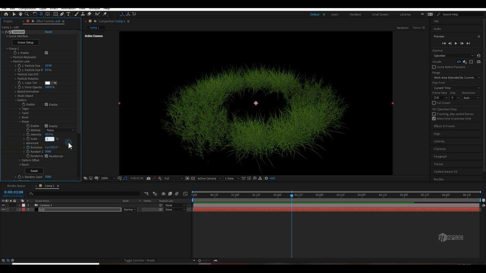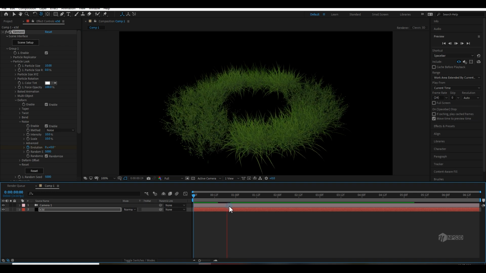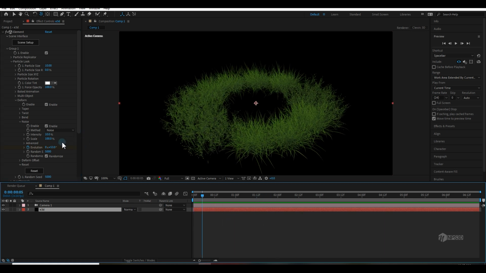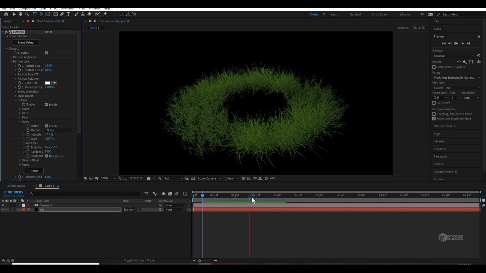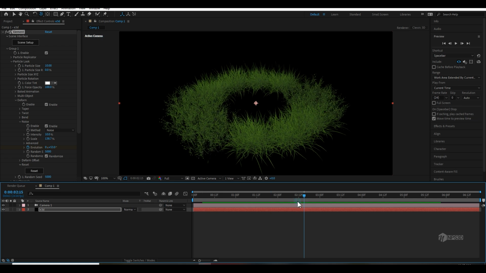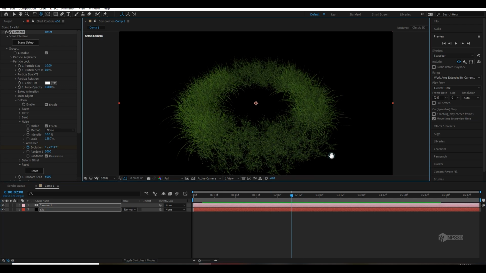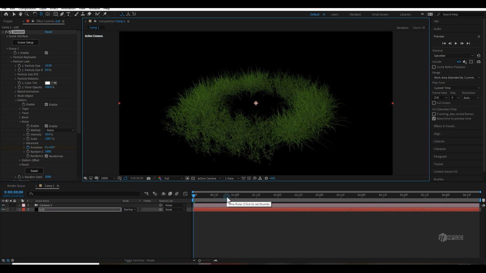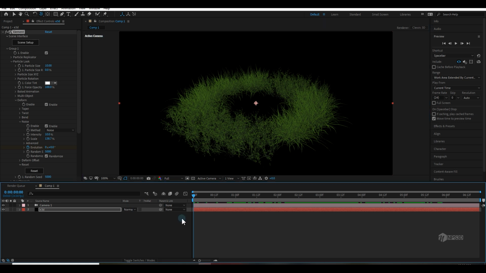If I choose 10, the scale will be very big, and if I use 100, the scale will be very small, so it applies in every area, and you can even scale it more. It's up to you what you want. This is pretty good, and I am really enjoying this grass. It is very beneficial: when you are using grass in your project and want to give it some animation, this is the method you can use.